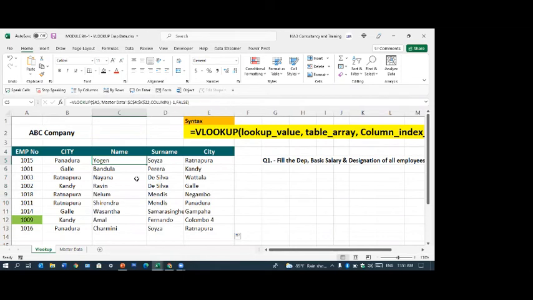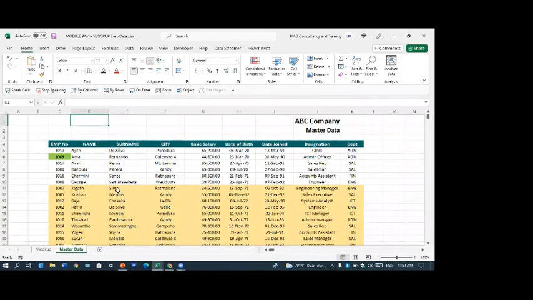Right. Okay. So that can't be applied to the department, which was before the employee number. If you have anything before this one, no way. That cannot be done, because then it will be minus, or 0. This is 1 means this is 0. Now for that one only the XLOOKUP has come.